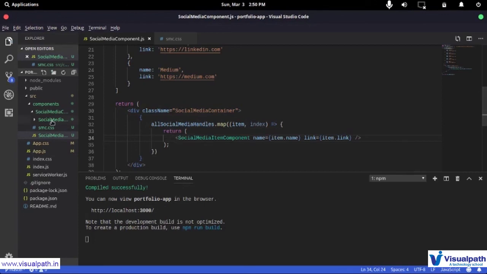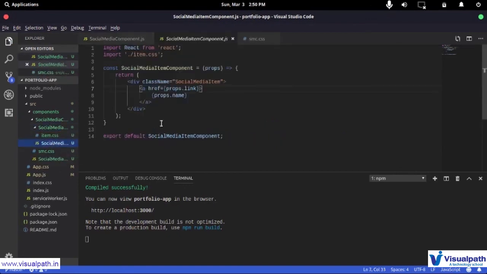that detail. Inside I created another folder called social media items component, and in there I created this JavaScript file called social media items component.js, and here I created a component with the same name. Then I isolated that structure in bits that were reusable. So what I did was I created this outer div that was this social media items container, and then I had an anchor tag, and inside that anchor tag two things were supposed to change depending on the data, and those were link and name. So I isolated those on props.